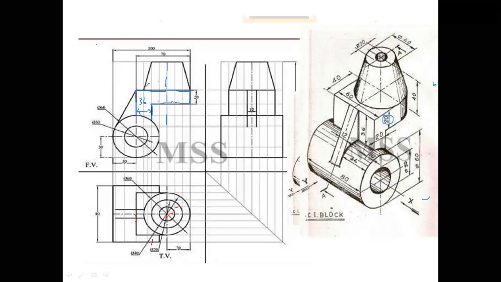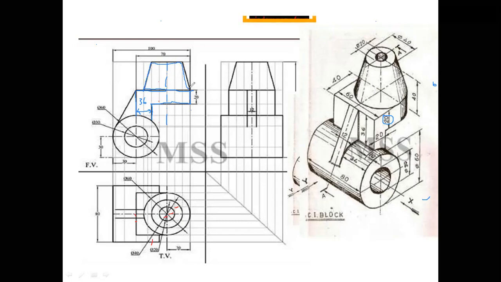From the top view, you have to draw this from 36. So 36 is there, and only 10 mm will remain, because from here to the circle it is 30. So the circle will take up 30. From here we start our point, and it goes up here, and it looks like this, and this.